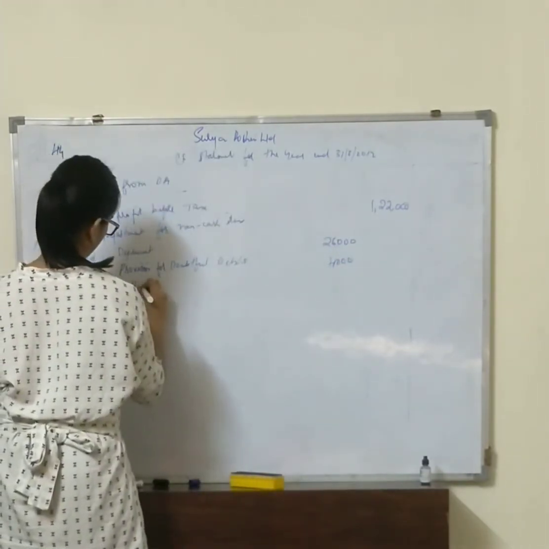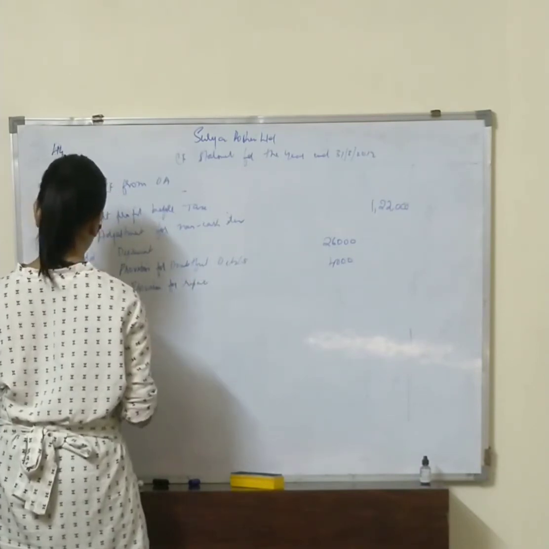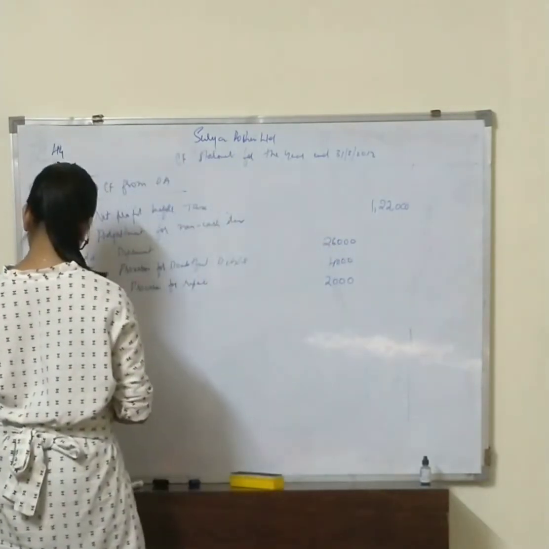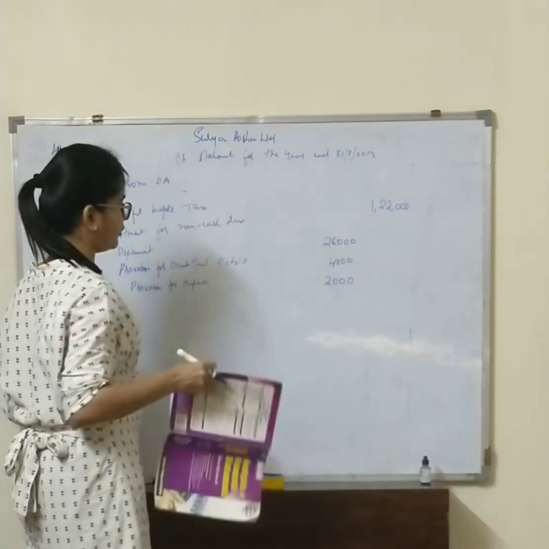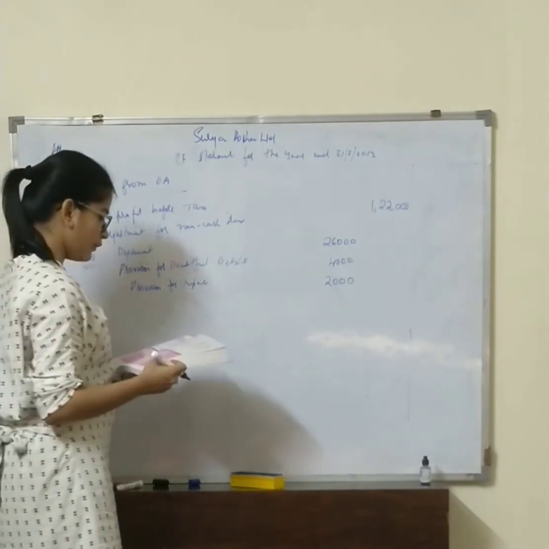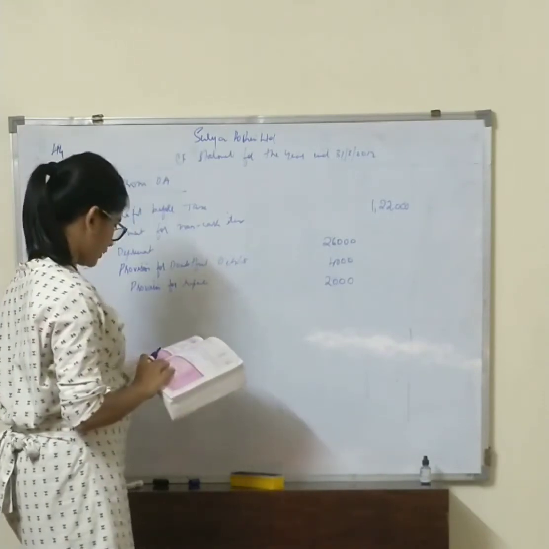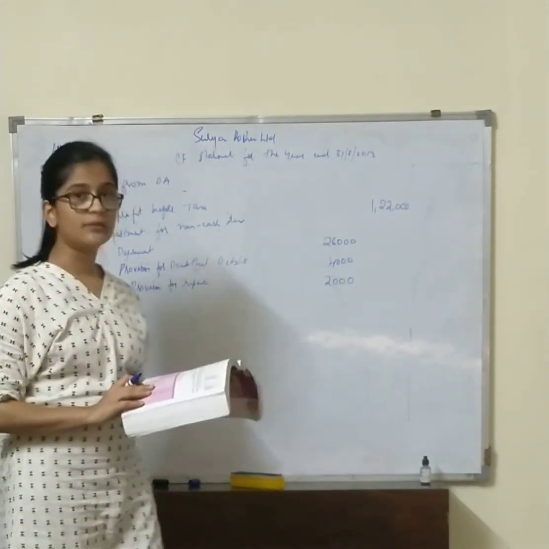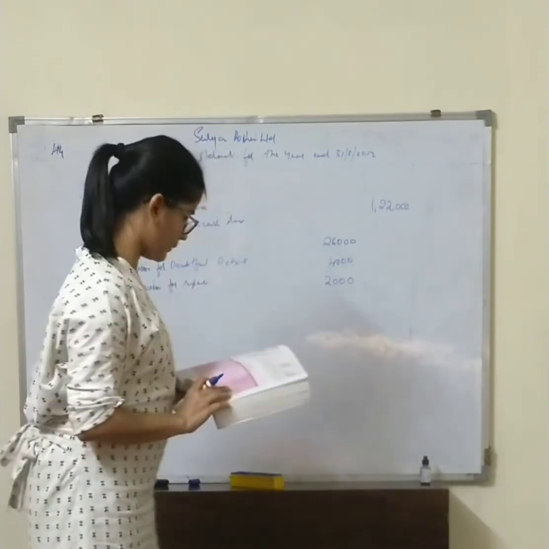Then we have provision for repairs. It is 2,000. And then we have interest on debentures. Under our adjustments, point number 4, they have given us additional debentures amounting to 50,000. We issued at par on 1st August 2011. So under our long term borrowings we have 15% debentures. Last year it was 2 lakh. This year it is 50,000, which means there is an issue of debentures.